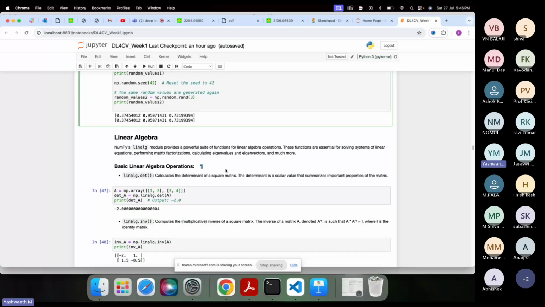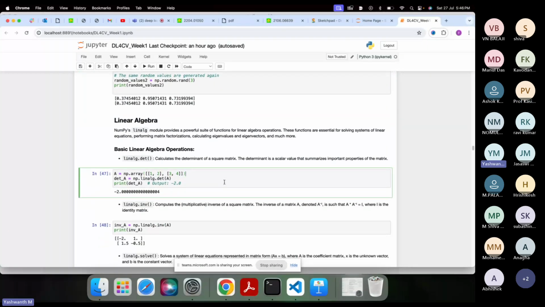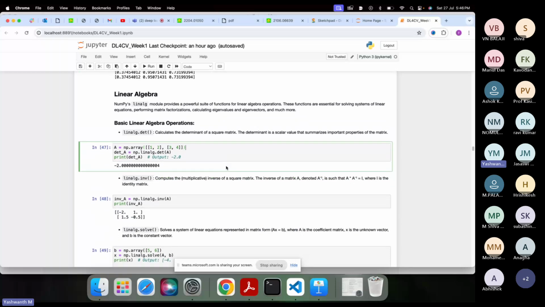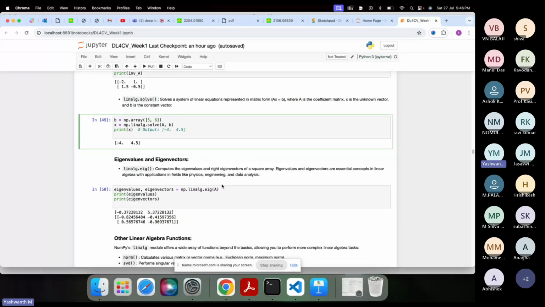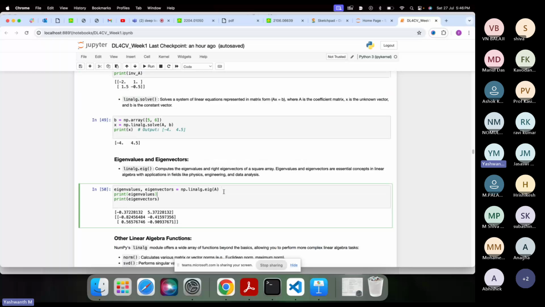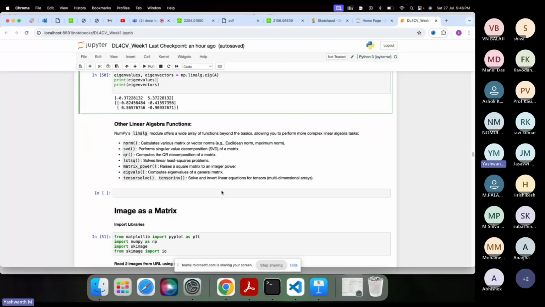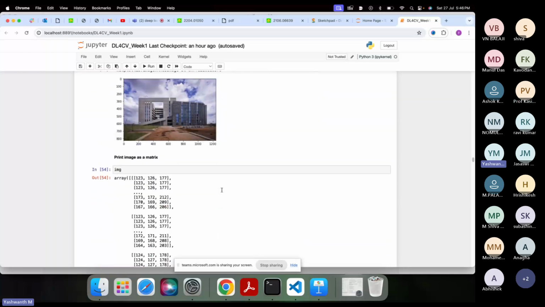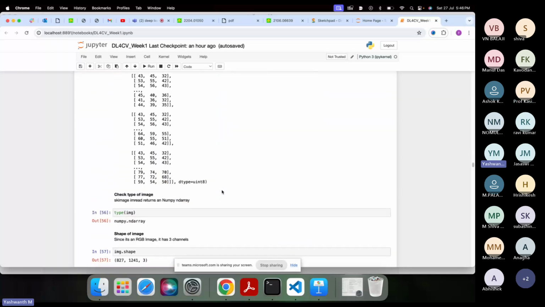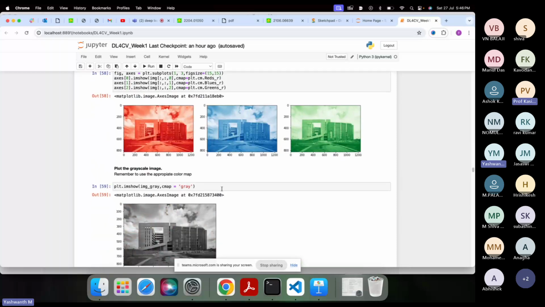Then we went on discussing the linear algebra topics: determinant, inversion, solving linear systems of equations, eigenvalues, eigenvectors. I haven't discussed completely what an eigenvalue and eigenvector are. I'm assuming you know. If not, please go to Wikipedia and read. That would be good. And we then interpreted images as matrices and performed certain simple operations,